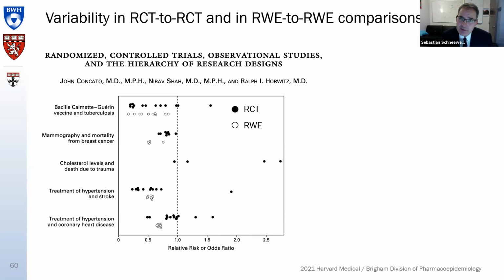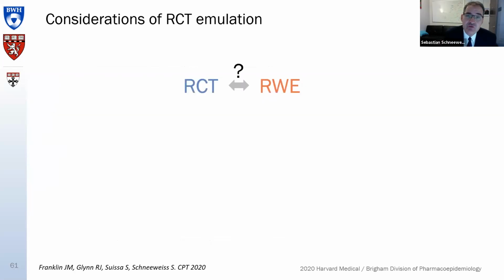Variability between RCTs, variability between real-world evidence studies is a good starting point here. And John Concato published some 20 years ago, a paper in the Journal of Medicine, where we identified 5 therapeutic areas. The first one here listed is the BCG vaccination against tuberculosis. The black dots are the RCTs that were identified in literature, and the open circles are the real-world evidence studies that were identified. And what you see is there is quite some variability moving from the left to the right, between RCTs as well as between real-world evidence studies. There's overall some overlap between those two worlds, but there's also quite some variability amongst these studies that seem to study the same issue.